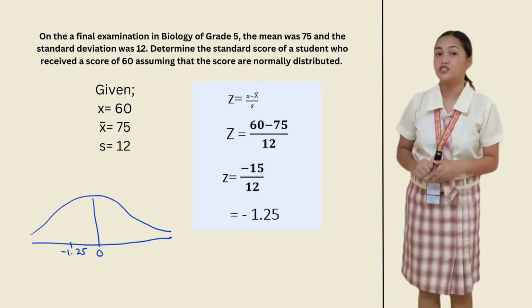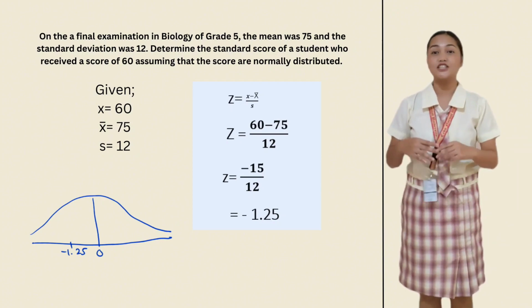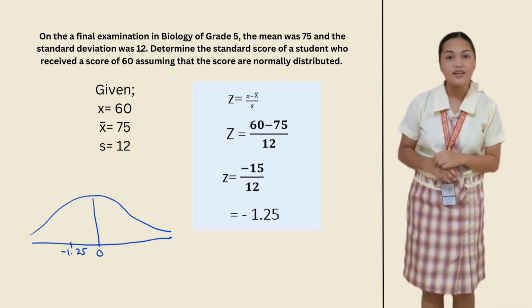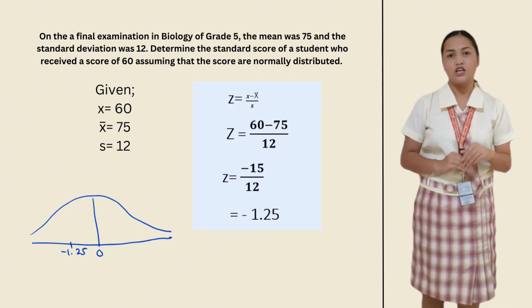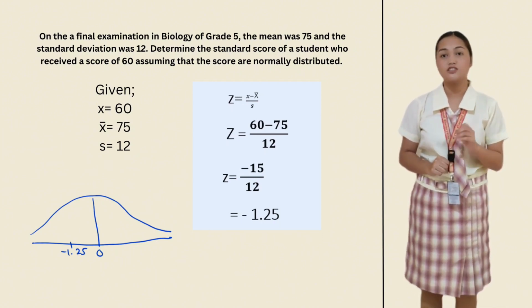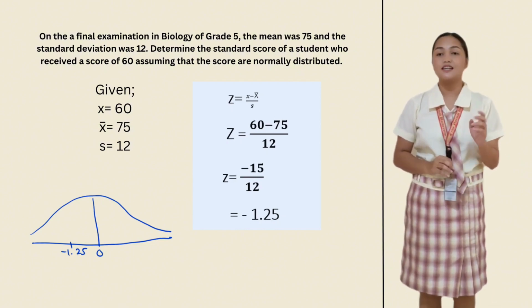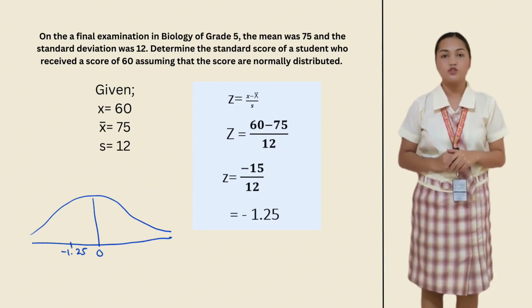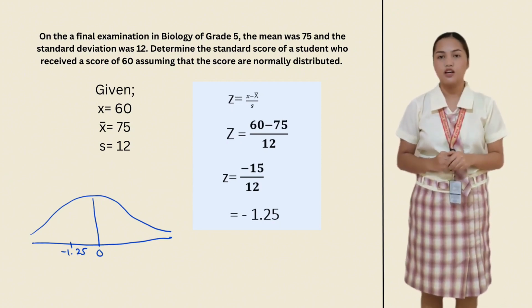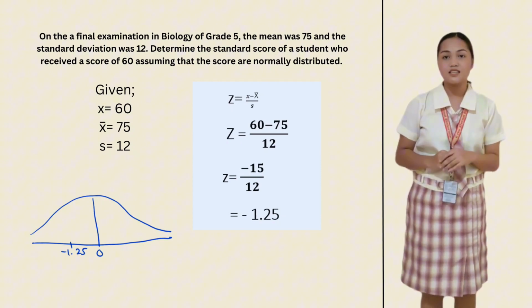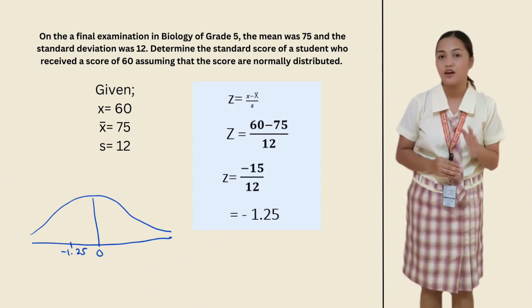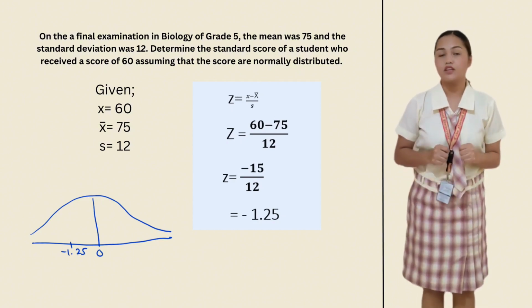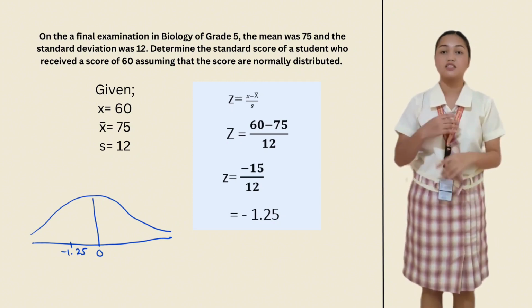For the application, for example: on the final examination in biology of grade 5, the mean was 75 and the standard deviation was 12. Determine the standard score of a student who receives a score of 60, assuming that the scores are normally distributed. The givens are x, or the random variable, is 60, the mean is 75, and the standard deviation is 12. So we're going to use the formula. Just substitute: 60 is the x minus 75, which is the mean, which gives us -15 divided by 12,